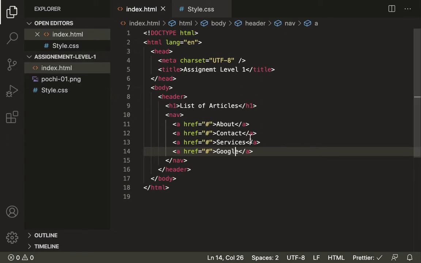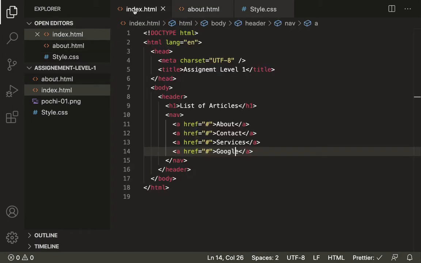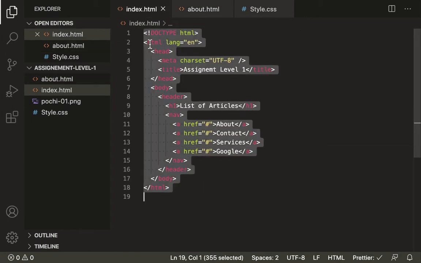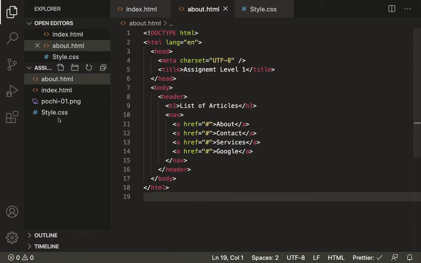So to create separate pages we need separate document for each and every page. So let's get here about.html file for about page, then I'll just copy and paste everything from here. Great. Then about page is done here.